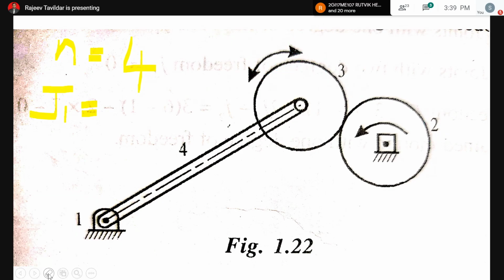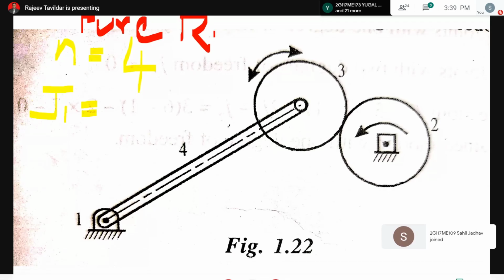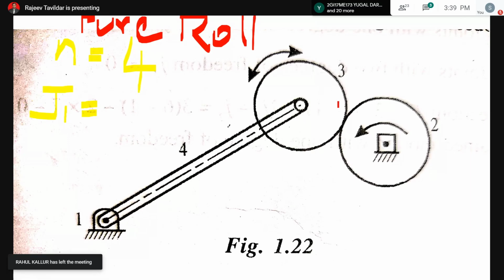Okay, so anyways, we'll consider case 1 now. Case 1, wherein you can just note down, I'll be solving this as case 1 of pure rolling. I'm writing it with the mouse, so the handwriting might not be so clear. So I'm taking this as the pure rolling condition between 3 and 2. In case the motion is pure rolling, that means it has only 1 degree of freedom. What is the degree of freedom? Rolling is the degree of freedom. If it is having rolling as well as slipping, then this joint will have 2 degrees of freedom. Right now I'm taking pure rolling, so this joint is having 1 degree of freedom.